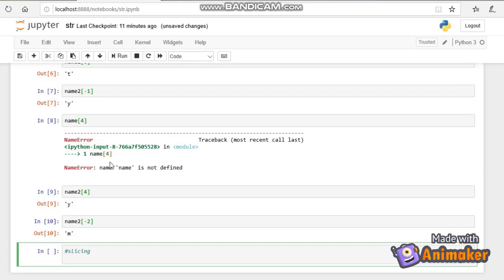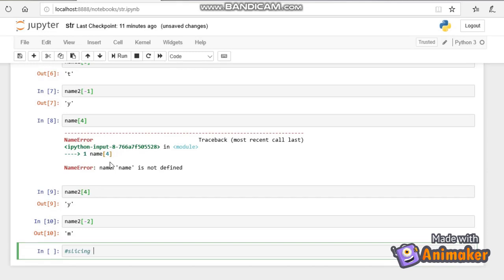So this will be like start index. Slicing is also done using the square brackets only. The start index is used to access the starting position from where you want to slice the characters, and stop index is the ending position up to which you want to slice the characters. Step index is nothing but the size of the jump you take. Suppose I am giving an example.